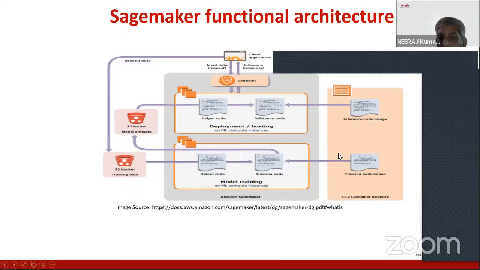So I have to supply some input, right? For running, SageMaker needs two inputs. One is the training data and the other is the container image. So as a developer or as a data scientist, you have to provide a program in the form of an image, and you have to provide the data. SageMaker automatically will pull it and then run that container. When I say it's running the container, it means that it will run your training job, which is there as a Flask application. I will show you. Is this clear to you guys? What is the role of SageMaker here?